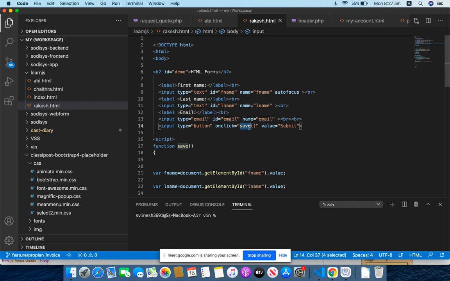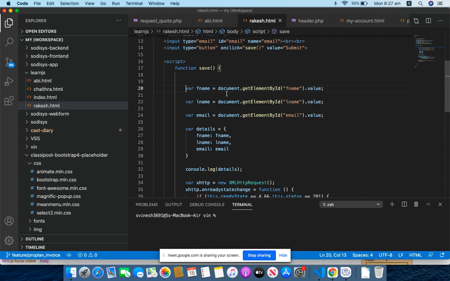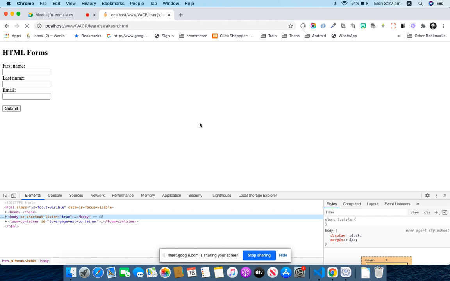Okay, on click you're having the save. Okay, and after saving, you're taking all the values. Fine. You're taking it into an object, right? You're consoling it. So let me see if till this it is working fine. So return false. If I refresh the page,